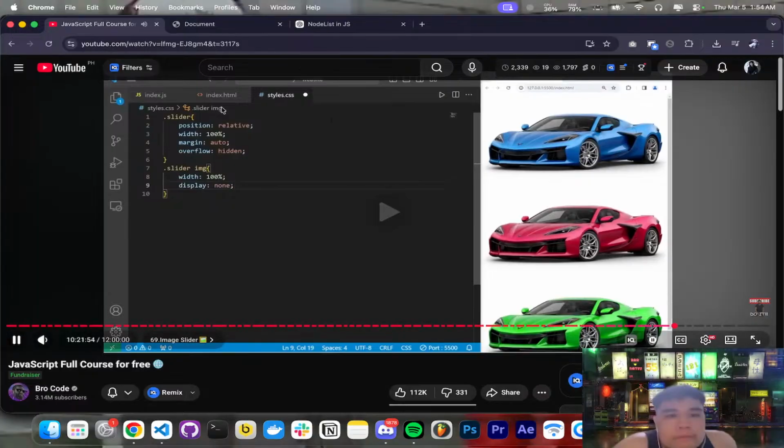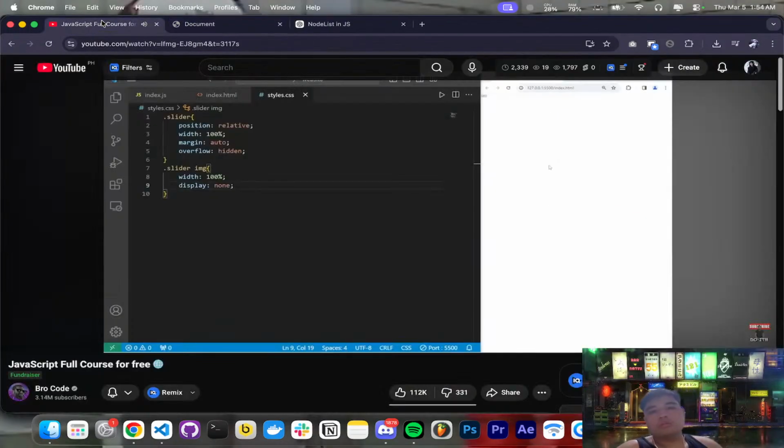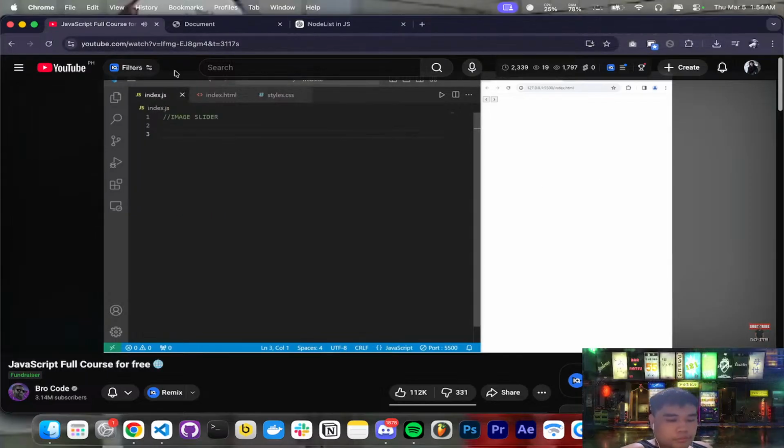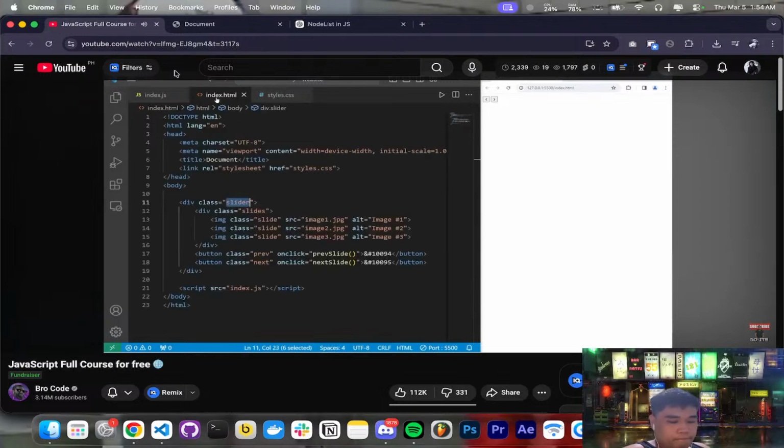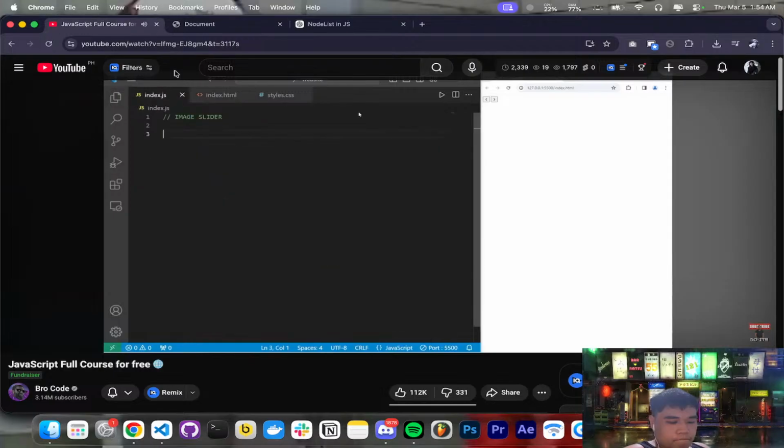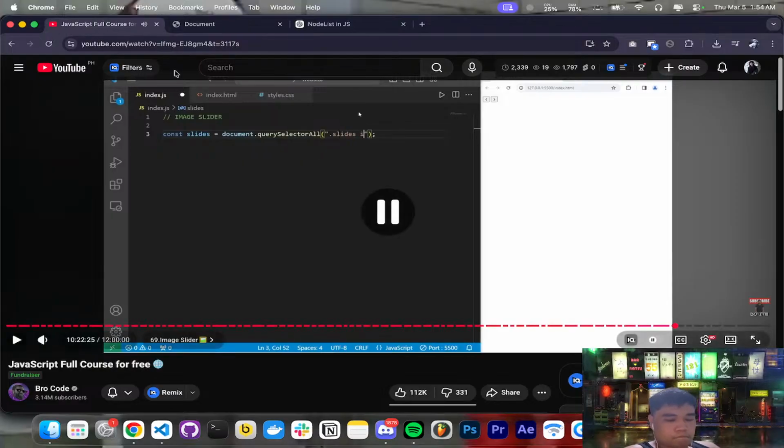We don't want to display all the images right away, so they should disappear. Let's add a little bit of functionality before continuing. Let's go to our JavaScript file. I'm going to create a node list of all the images within our class of slides. So I will create a constant of slides, which will be a node list, equals document dot querySelectorAll. We will select all elements within the class of slides that